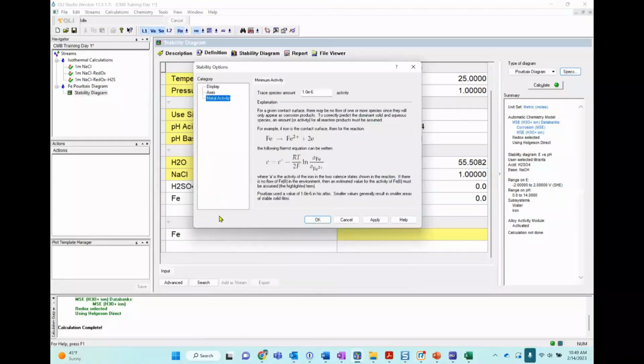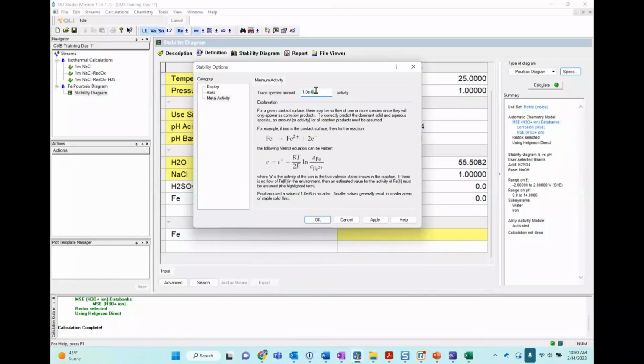Metal activity. The metal activity by default that we use for any ion in solution is 10 to the -6, a very small value. But if you go to the atlas of Pourbaix, you'll see that he has different lines for different activities. So you will change just those equilibrium lines by changing this activity.